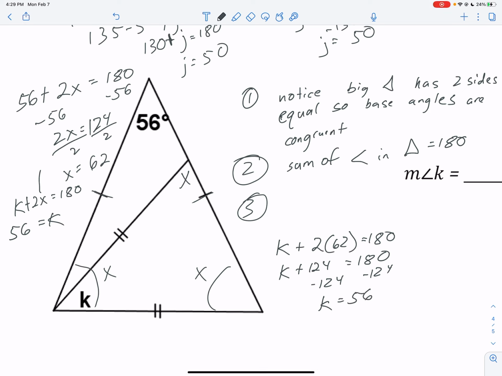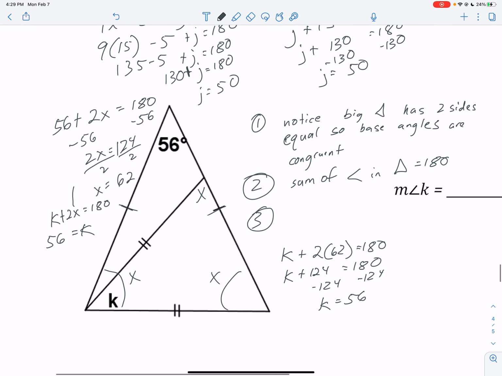Another thing I could have done is realize I could have used a simpler approach. I think that might have been one of the simplest ways to do this one. I feel like a system is really easy. There's a lot of things that are really easy. I could have done 180 minus x and just left it as x. And then I could have called this one x minus k right there. And that gives 56 plus 180 minus x